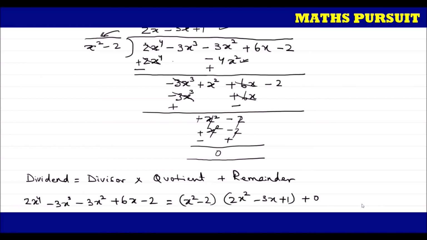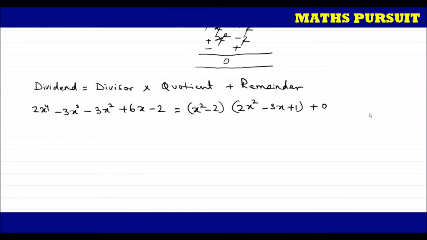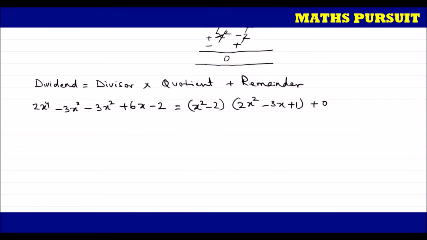Now let us further solve this. If we further solve this, let us see what we are getting. From the right hand side of the equation, we are going to extract the zeros. We are going to get all those zeros from this right side of the equation. Now let us focus on that. I'm just focusing on the right side of the equation, which is equal to x to the power 2 minus 2.